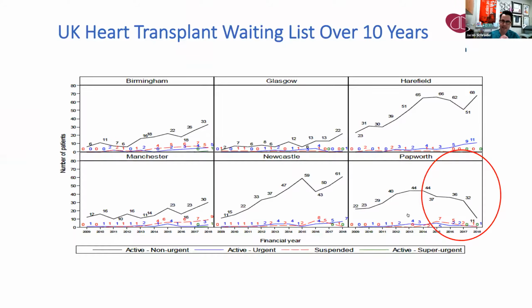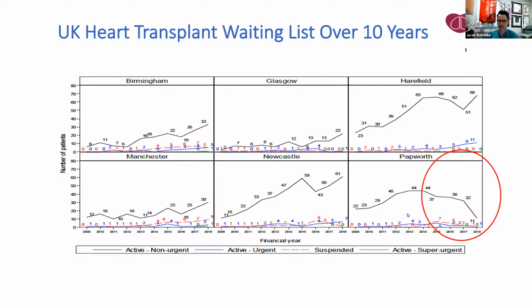These are the 6 active centers in the United Kingdom. In the United Kingdom, they have it regionalized, and there are only 6 centers that actually do heart transplant. And the black line is the most important one. That's the number of people on their wait list. And you see in Birmingham, Glasgow, Harefield, Manchester, Newcastle, that number goes up. But you see at Papworth, when they started doing DCD heart transplant, the number of people on their wait list